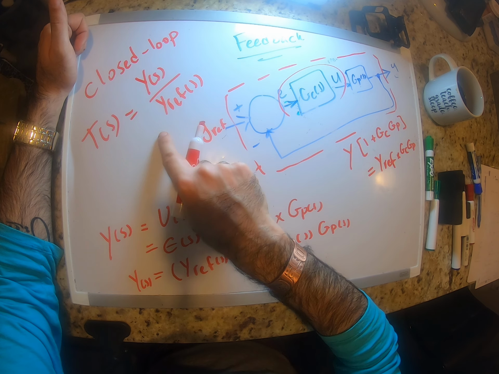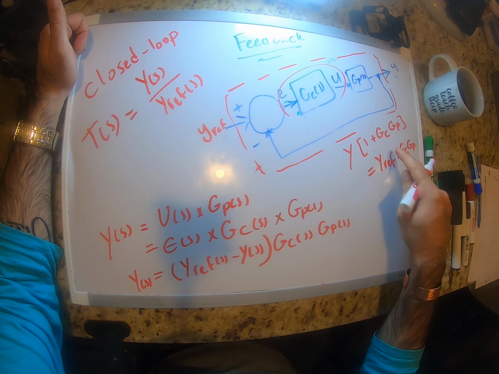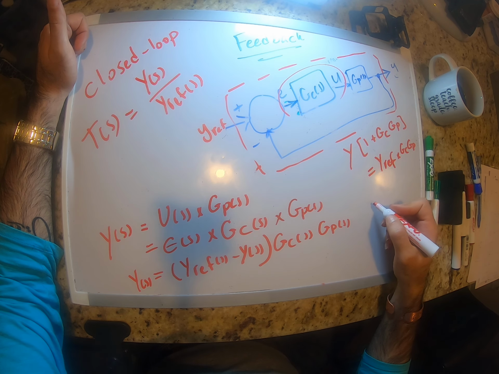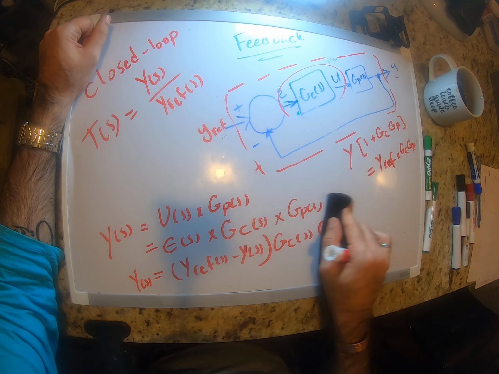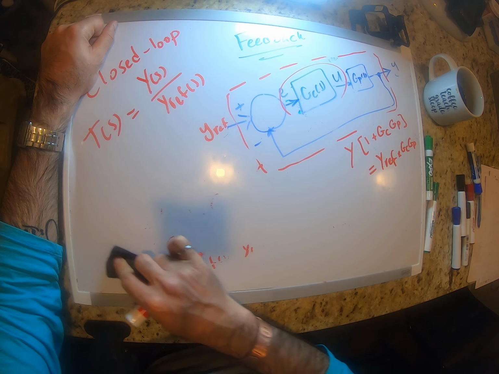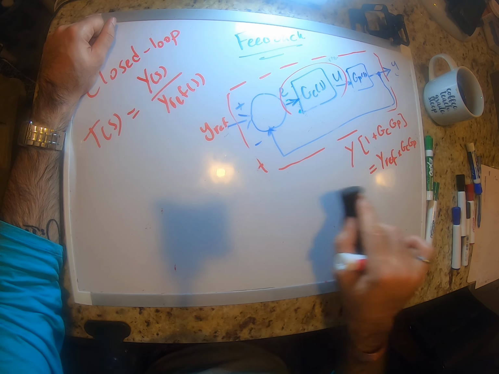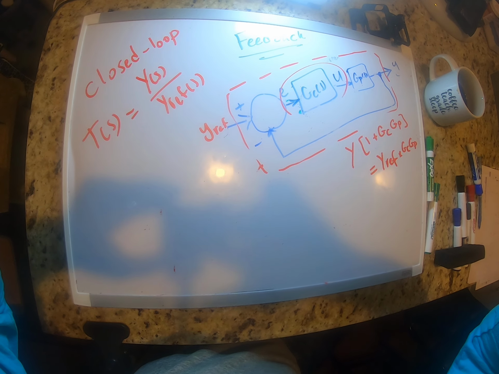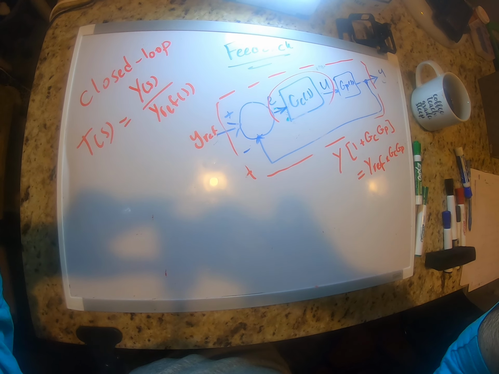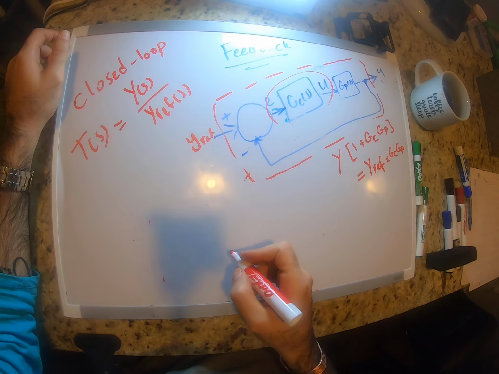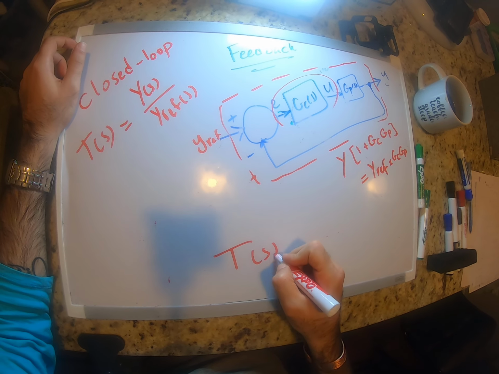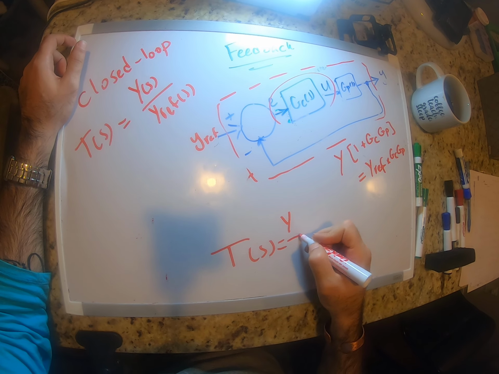And I want to find Y over Y ref. Y over Y ref is going to be, so that the transfer function, let me erase this, sorry. The transfer function, can you guys see the whole thing? Yes, just adjust it a little bit. The transfer function, T of S, is going to be Y over Y ref of S